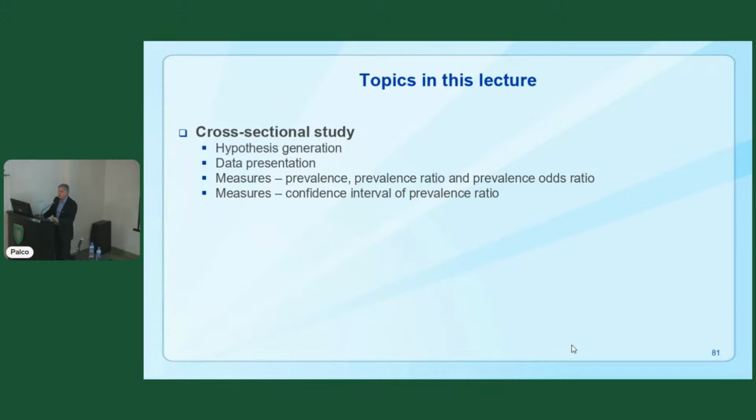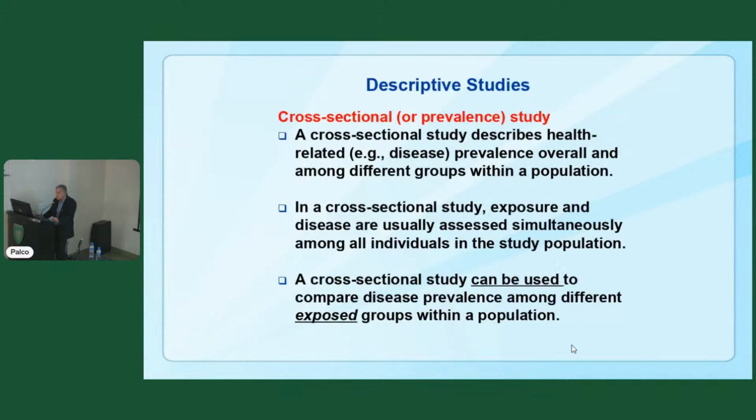We're going to quickly cover a very basic design, still observational, still descriptive, but it can be looked at analytically like the correlation, and that's the cross-sectional study. In 15 minutes, I'm going to give you the gist of it. So cross-sectional, it's just a study to describe things. It's a survey. Every time you have a random sample survey,